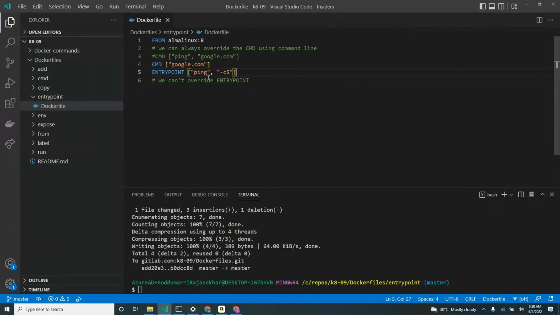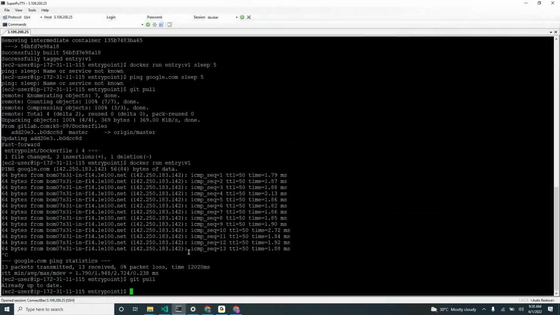Okay, it means the entry point CMD provides arguments to the entry point. This command will go and look like this: ping -c5 google.com. So it means CMD adds arguments to the entry point. Okay, so this is the one. And if I give here, if I give facebook.com,